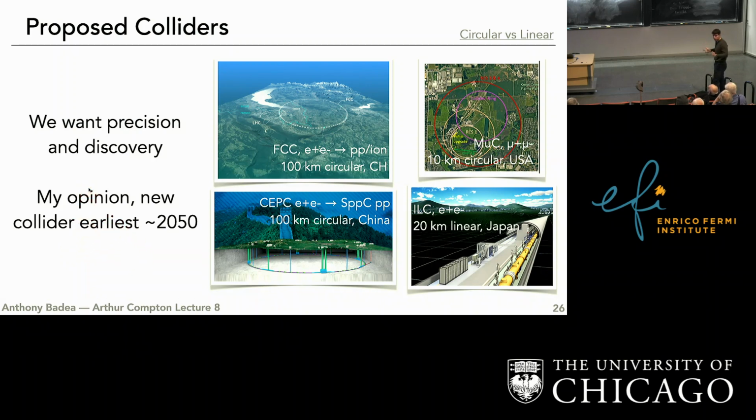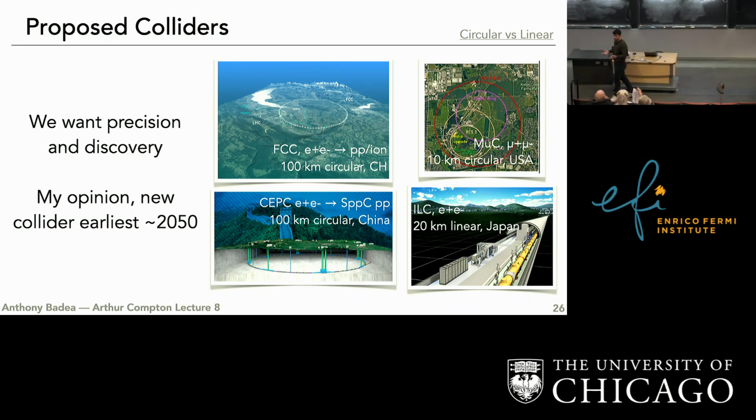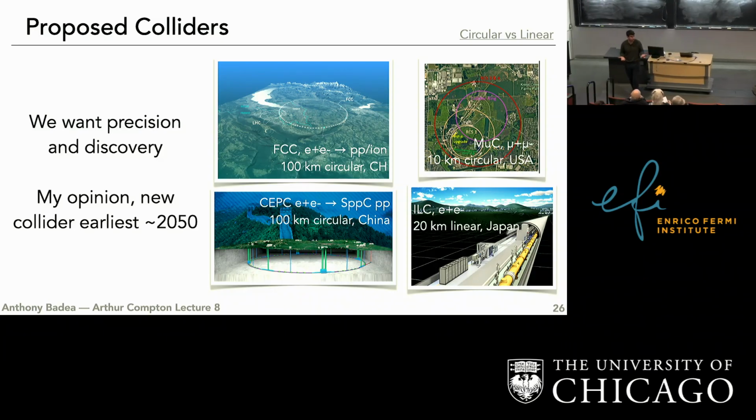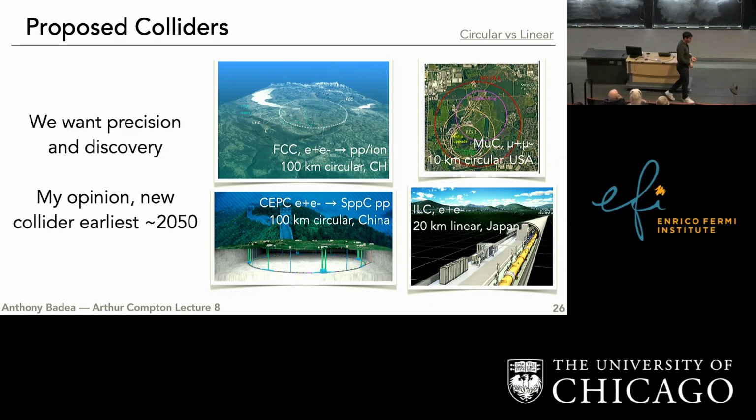So I personally don't spend that much time thinking about these. I want to work with the current experiments and see what we can learn now. But there is active, heated discussion about these, because historically to get one built, it takes roughly 20 to 30 years. And if we want one built roughly when the LHC ends, which is 20-ish years, you need to start working now. And so there's reports that are coming out.